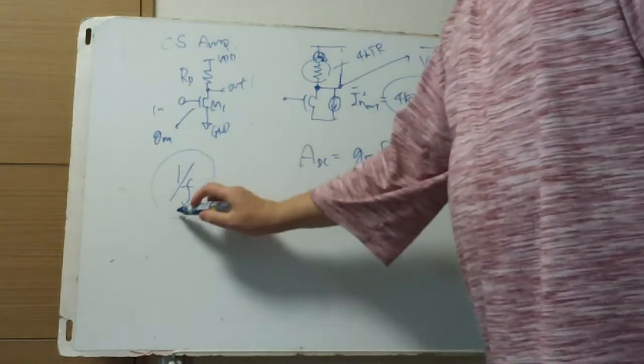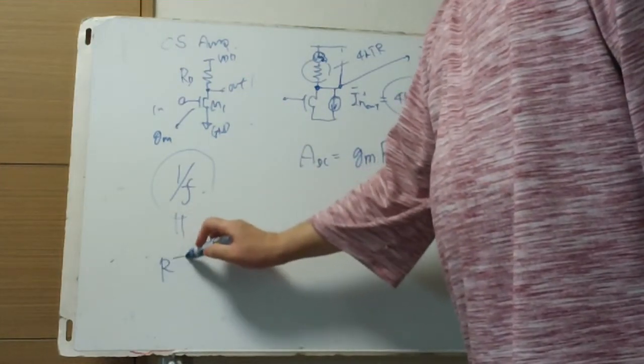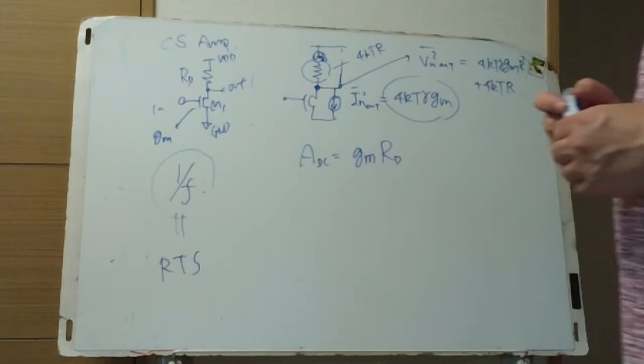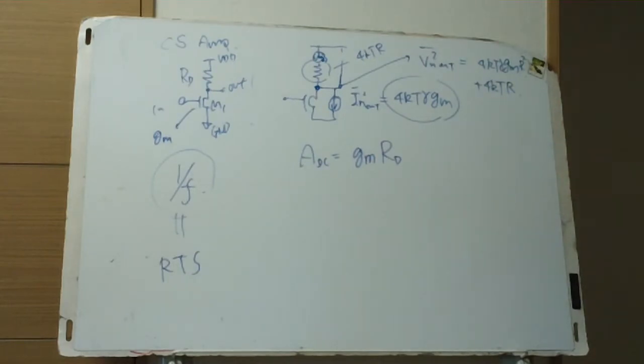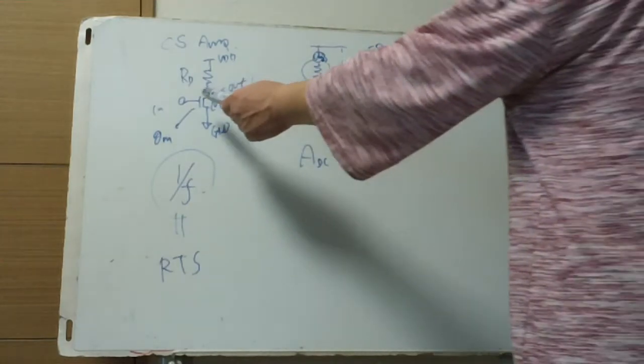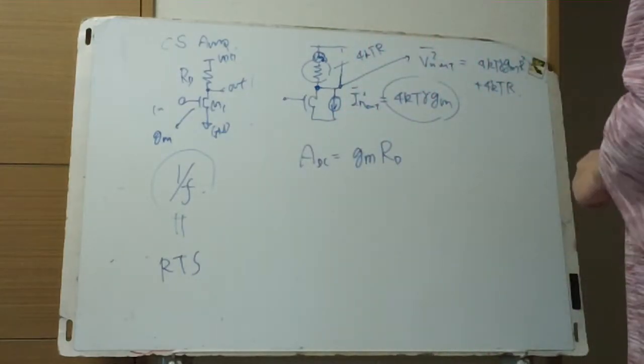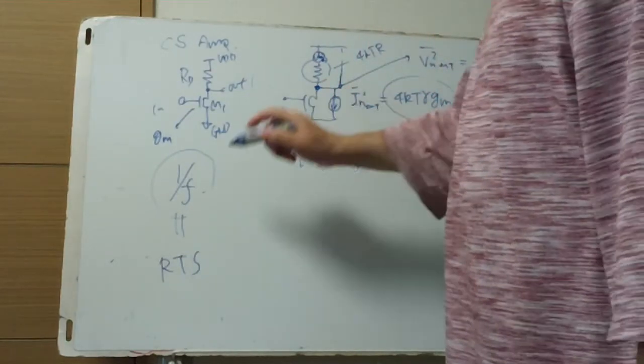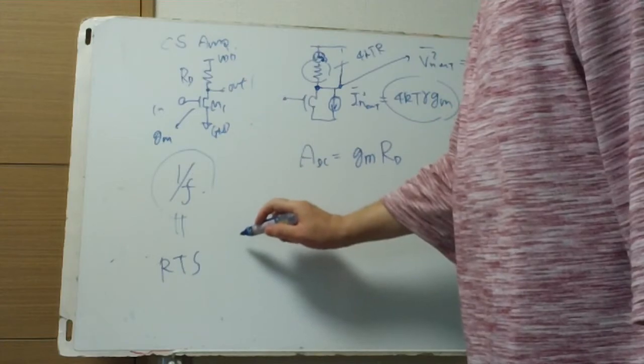So this is, in other words, RTS, random telegraphic signal. It appears in the input, so it is modeled by input noise